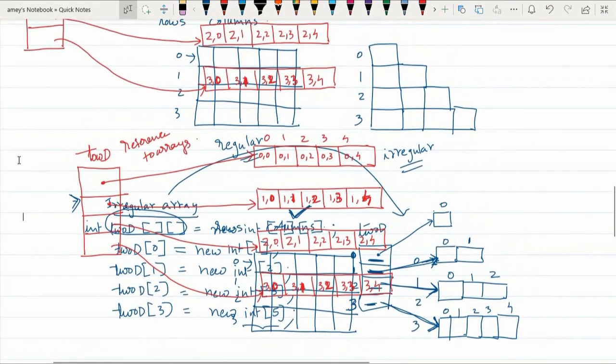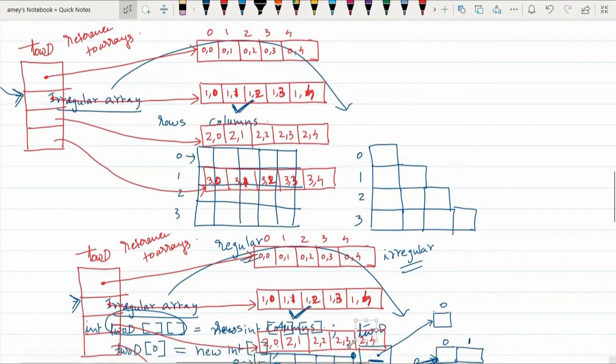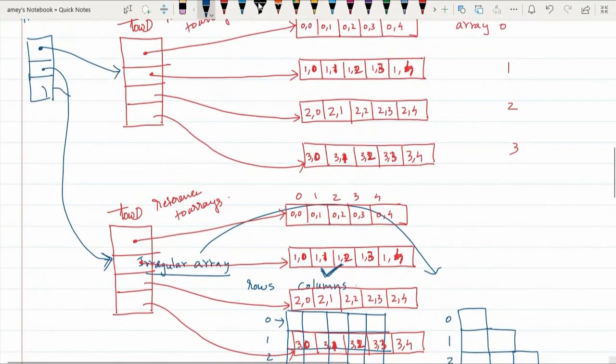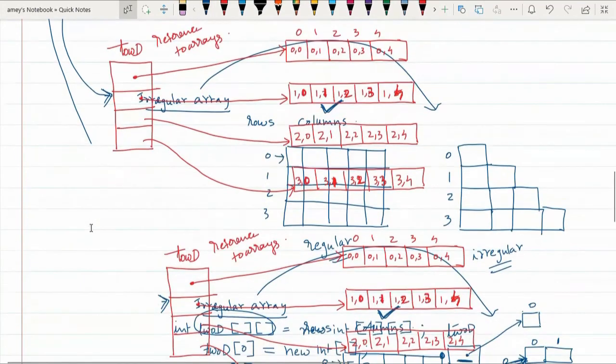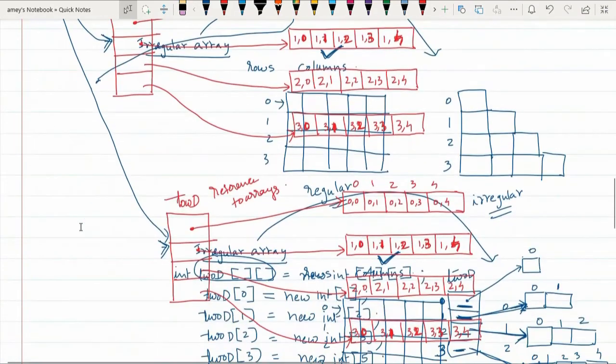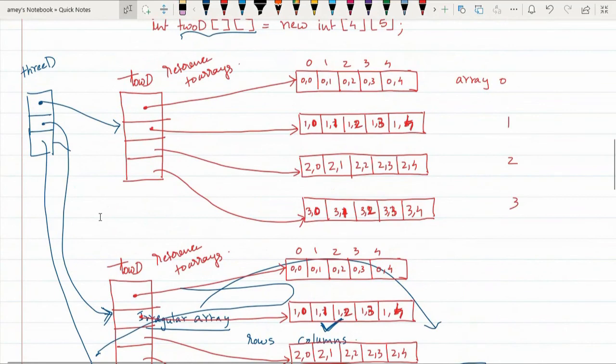So this is the third array. This third reference position will point to the third array like this. It is a slightly complicated internal representation when you talk about memory, but when you are implementing it, this complicated internal memory allocation method will not hamper your program.